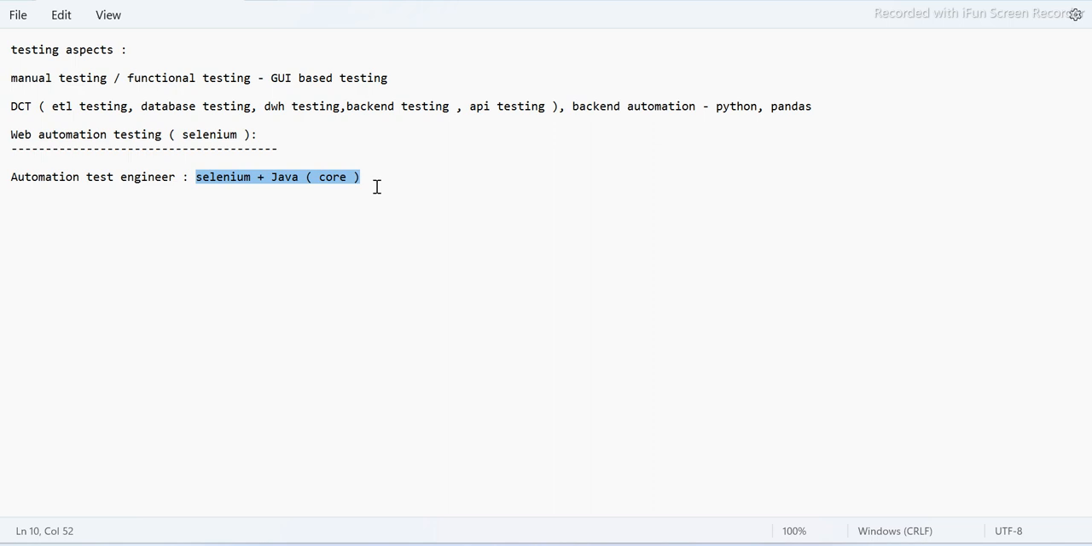So first is Java and then second Selenium. It's never the other way around. They will never ask you Selenium first and then ask you the questions on Java. First they want to know how good a command you have on Java, right? So that is the reason I think we need to learn Java first, and then once you learn Java, I